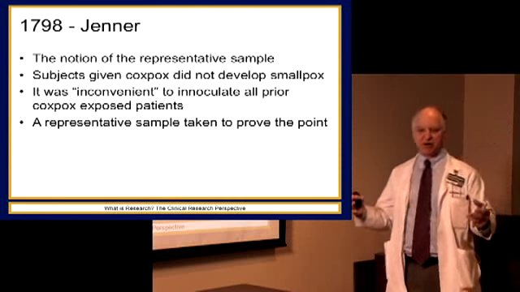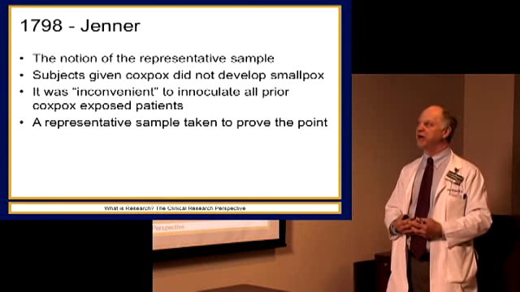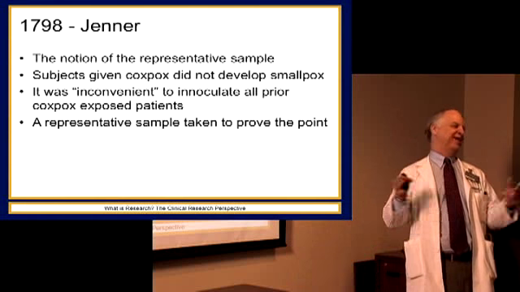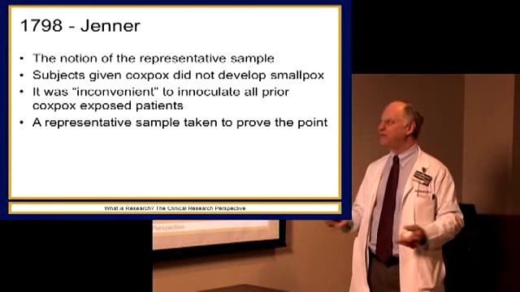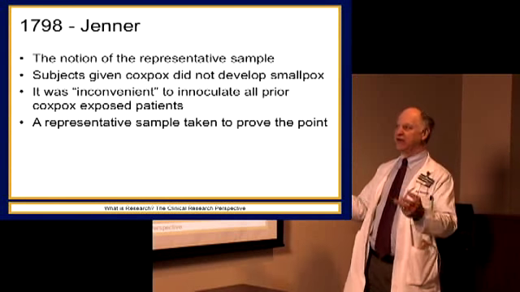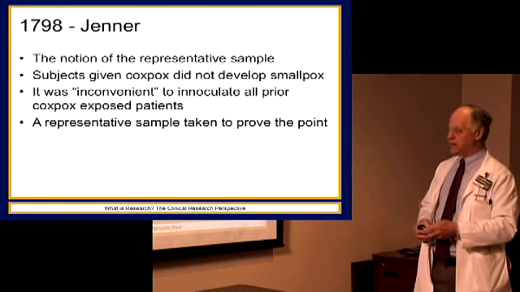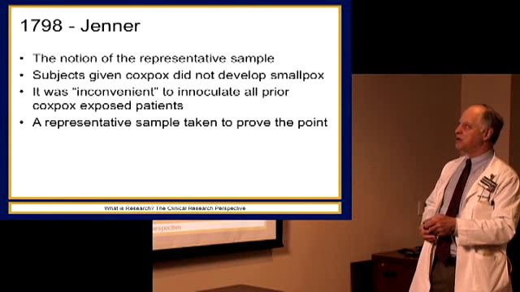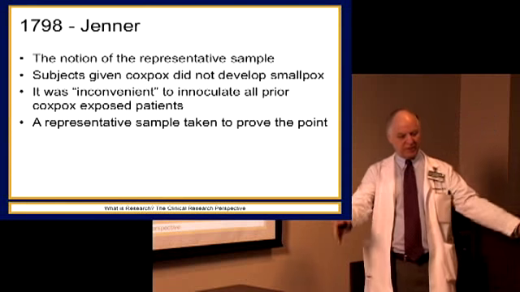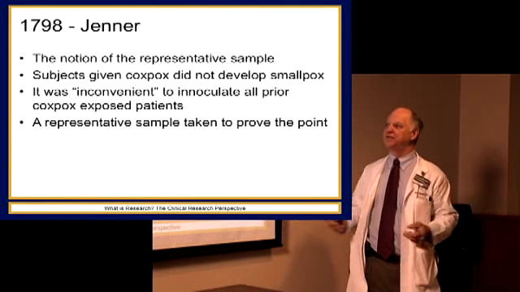So his initial idea was to go to a village and inoculate everybody and see if it could prevent that village from developing smallpox. But then he realized that's too big of an undertaking. He didn't have the resources for that. There was no NIH, nobody to go and apply for funds. So he had to just say, I'm going to pick a few people in this village that hasn't been hit with smallpox yet, but it's coming, and immunize some of those people. Then they would be a representative sample, compare how many of those got smallpox to the rest of the village, which would be the control, and see if that worked.